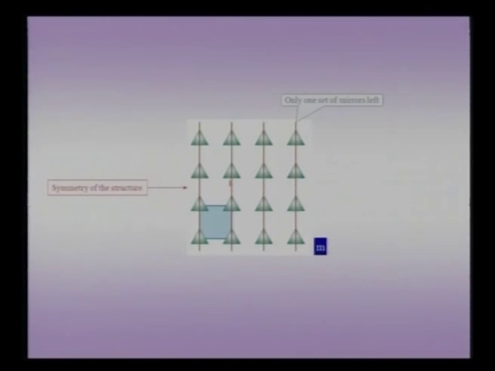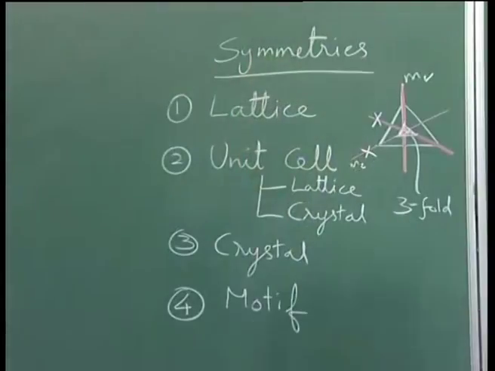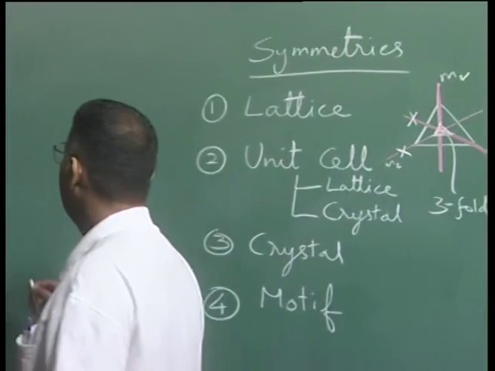Now what is wrong in calling this crystal a square crystal? Okay, let me try to use a sort of common sense kind of example to understand why this cannot be called a square crystal. Okay, so let me go back to the board. So now the crystal I have generated is made up of